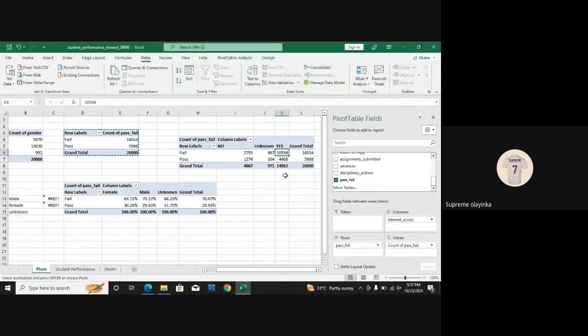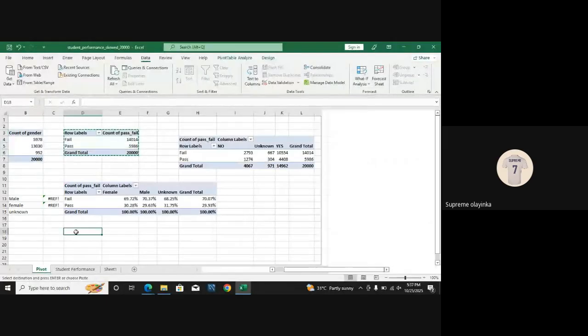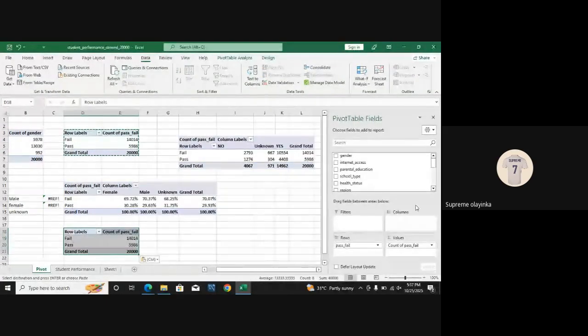So now I want to go and look at, is it because of their parents? Maybe because their parents do not have enough education. Does that affect them? That's what I want to check now. So I want to highlight this one again, Control C, Control V. So what do I want to do now? I want to know how their parent education affects them. So I want to drag this one out,